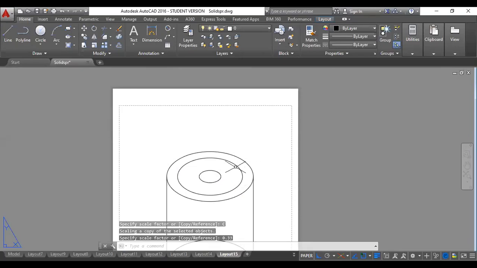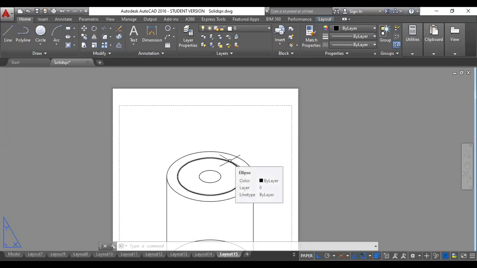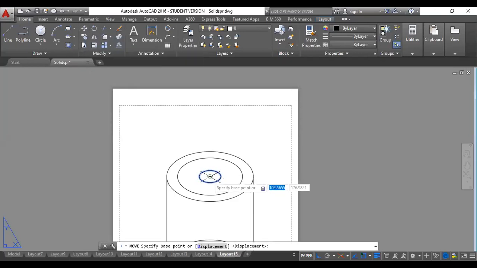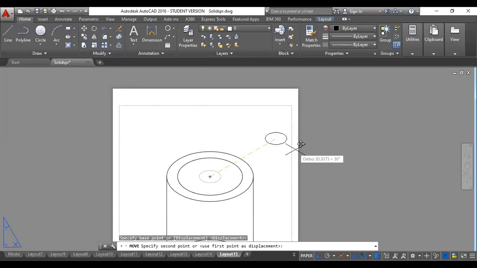Now you can see that it has created one more ellipse which is of 20 mm diameter, taking this as the reference. So how did I find the scaling factor? Simple, 20 divided by 60, 0.33. So select this, scale, click on copy, and then you will get the new one. Now just select this, use the move command under modify here, click on move, click on the center of this ellipse.